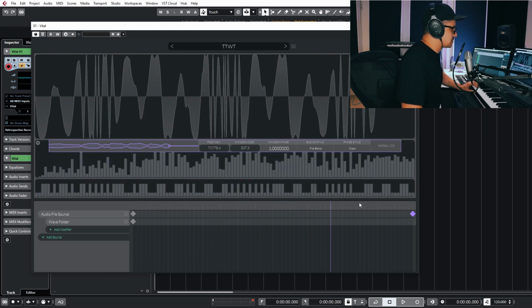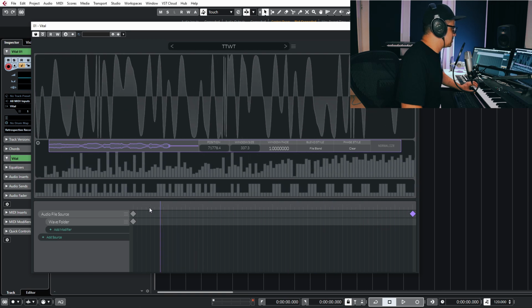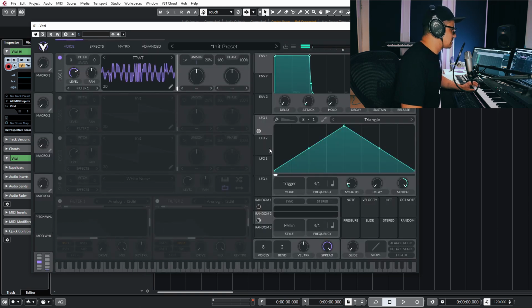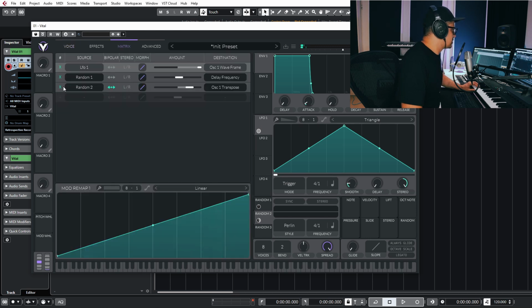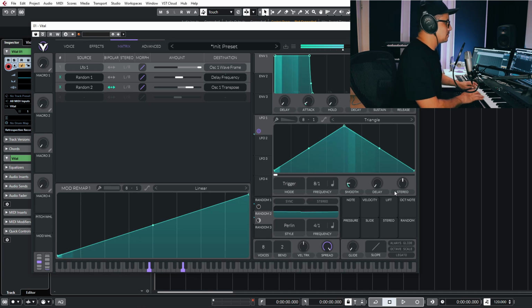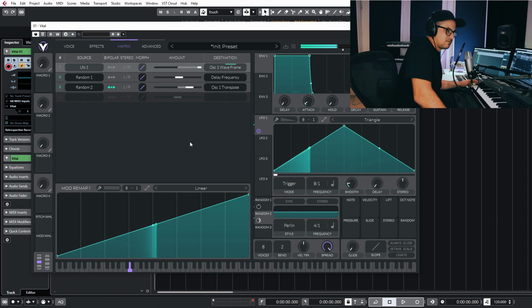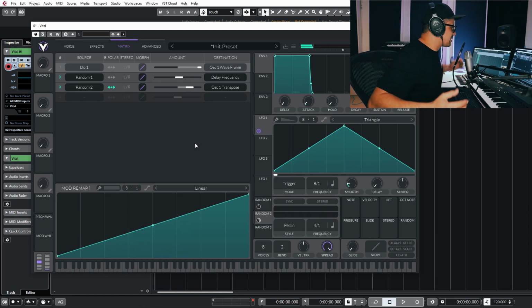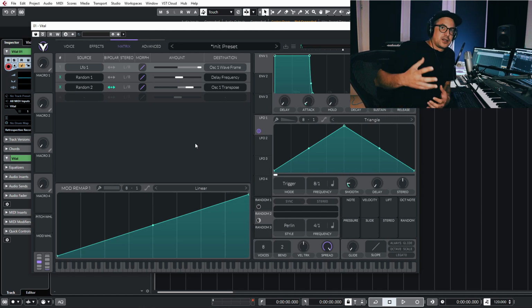Let me change the phase style as well. Cool, and let's take a listen to what we have now. In our matrix, we'll just put our LFO back in there. That's pretty crazy, and that's from the text-to-speech, or the text-to-wavetable, just using it in a slightly different way and modifying it with the wave folder inside of